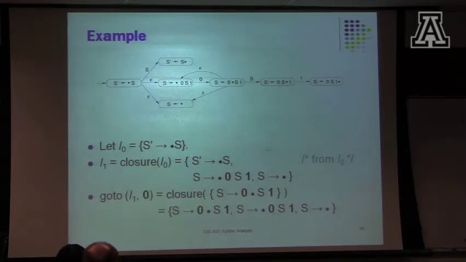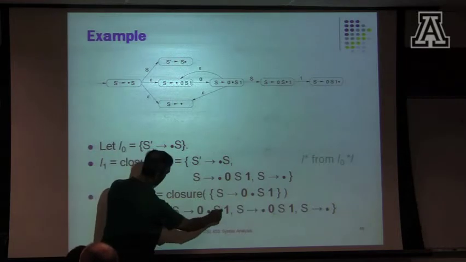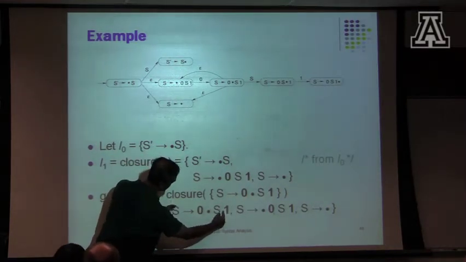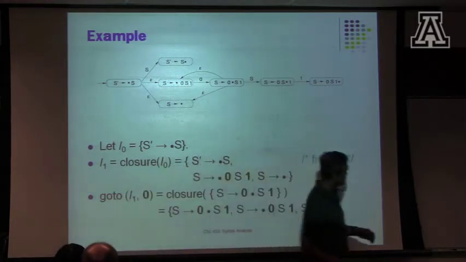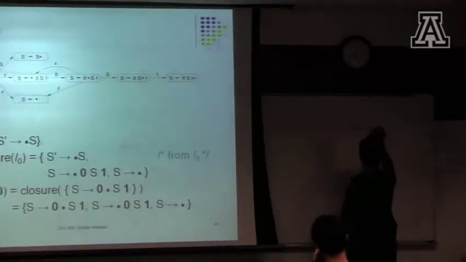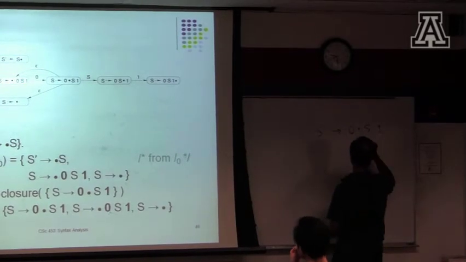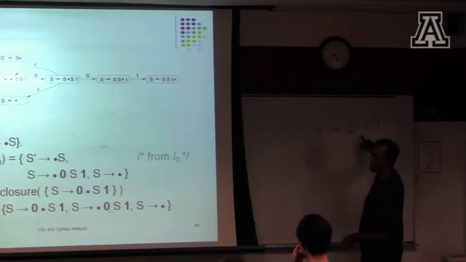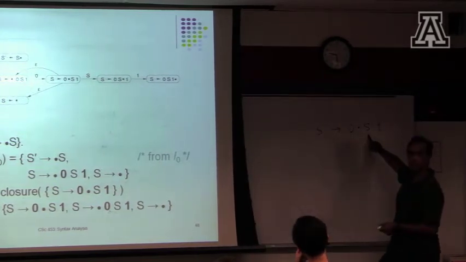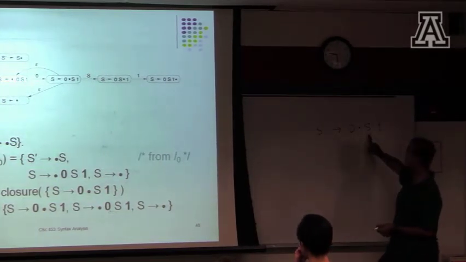Why is that? Why does it not change? Because once I walk the dot across, this is the only item I have. The dot's over here. So S goes to, let me write it out. I pick up S goes to 0 dot S1 and the others. This is the only item in this set where the symbol I'm interested in appears to the right of the dot. And I say, okay, in this state,